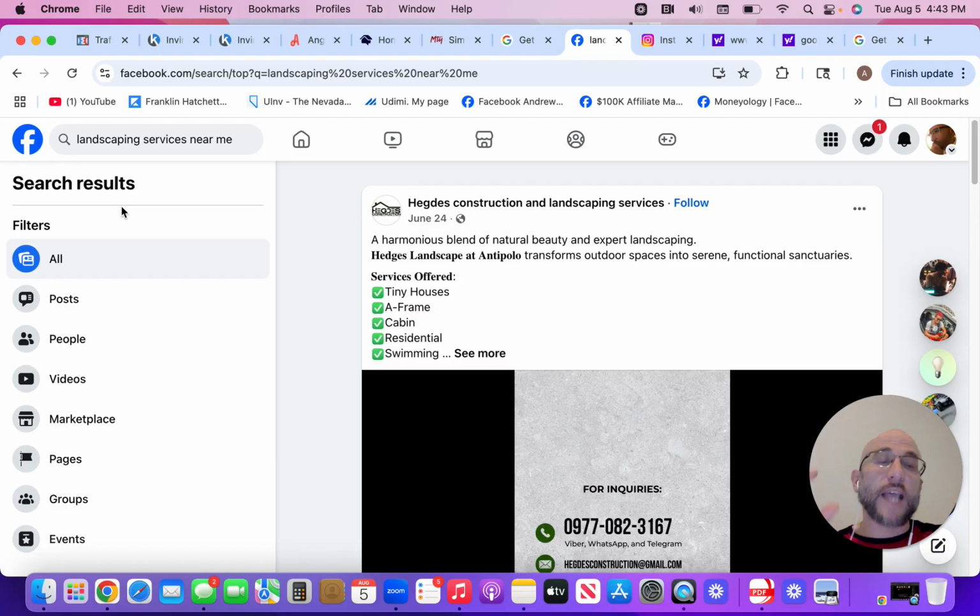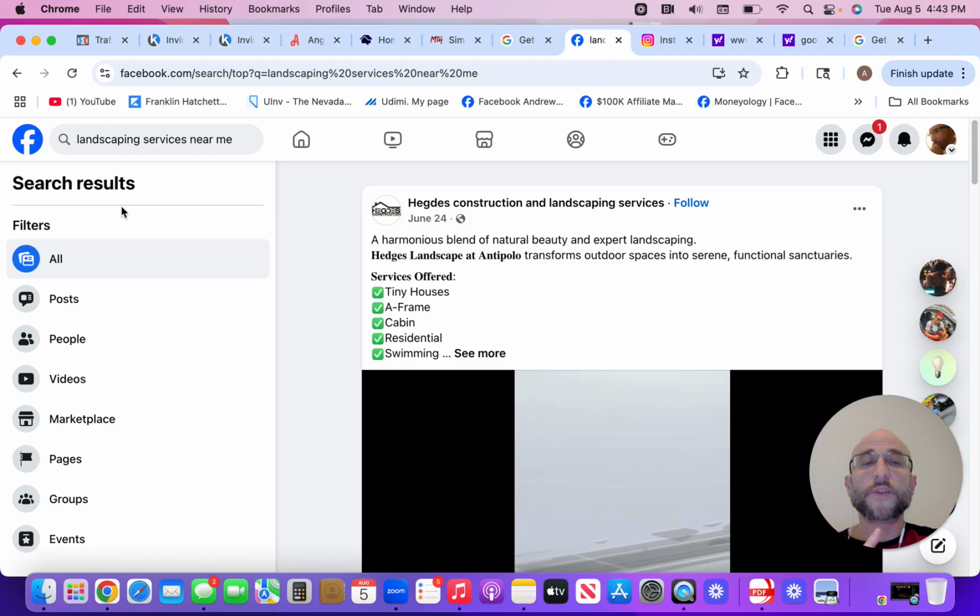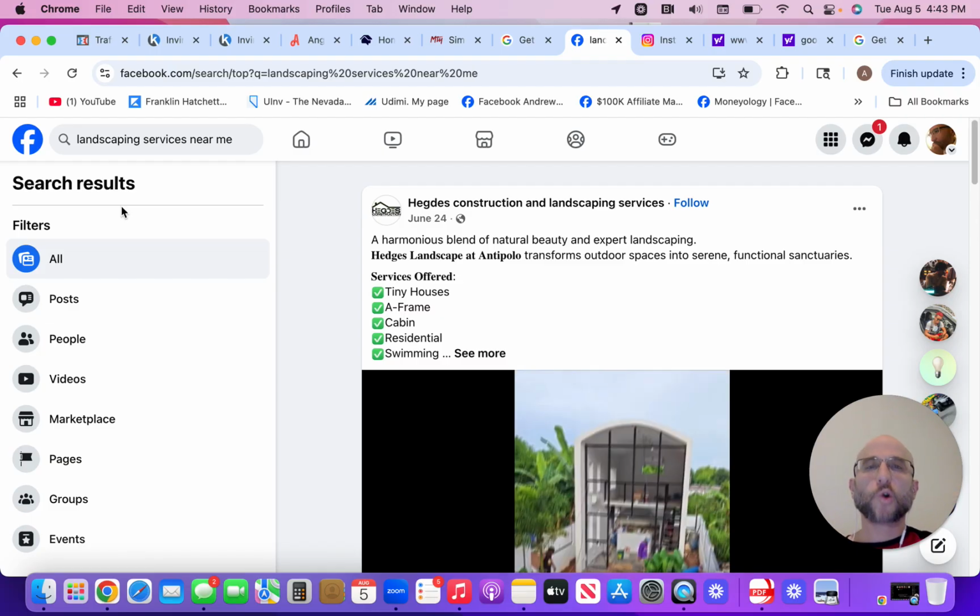Now, last but not least, actually, there's one last thing I wanted to say. One other thing you can do to get more clients for landscaping is passing out flyers in your local area. Going door to door, passing out flyers, and having conversations with people is also another great way to get clients for your business, to get more people to the front door of your business. The best thing I can tell you more than anything else with these tips is that you have to be willing to put yourself out there if you want to get more people to the front door of your business.